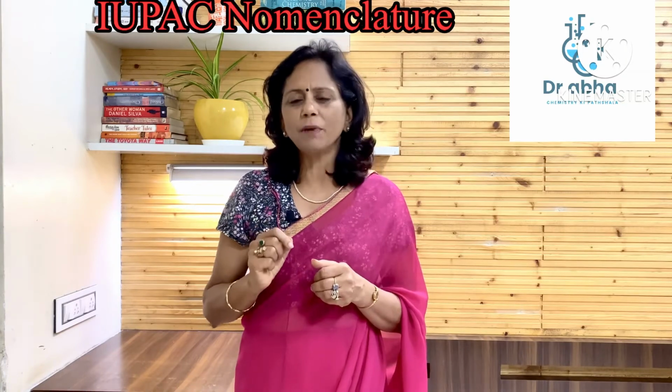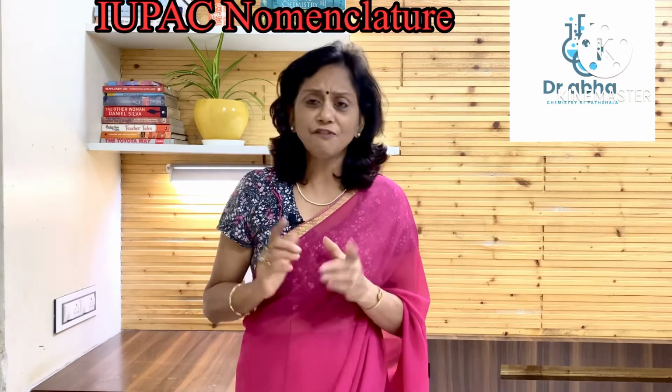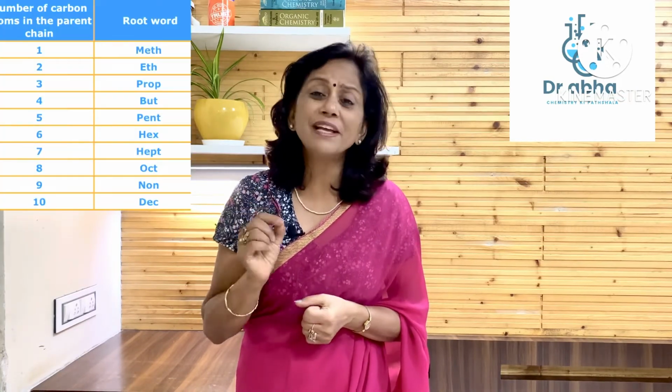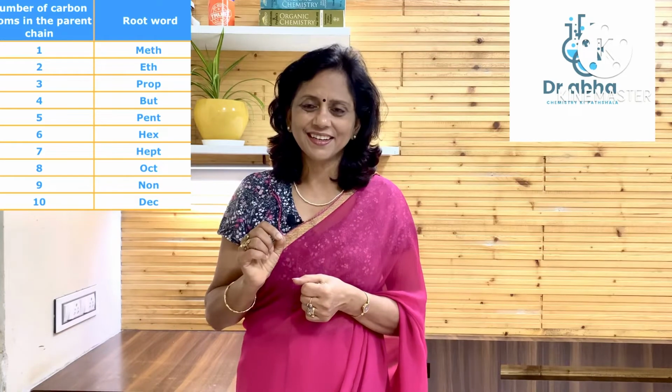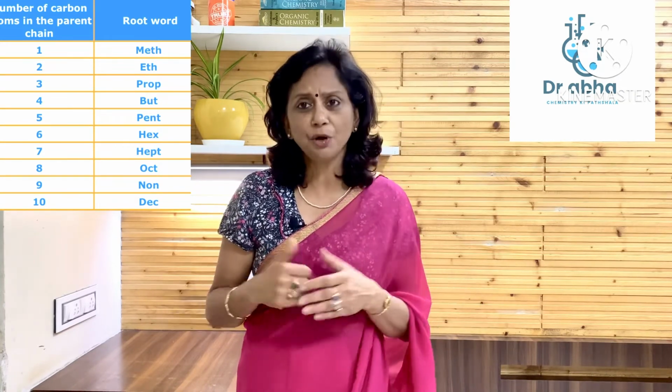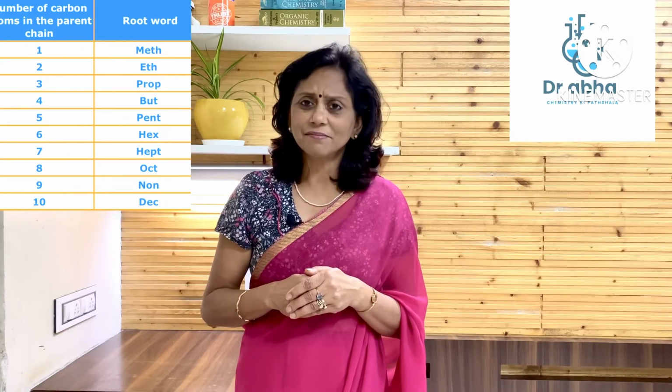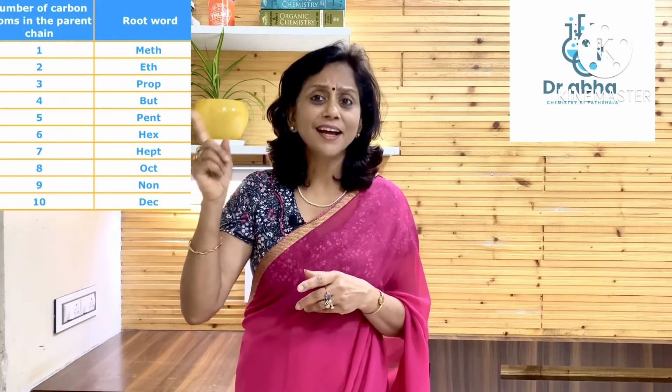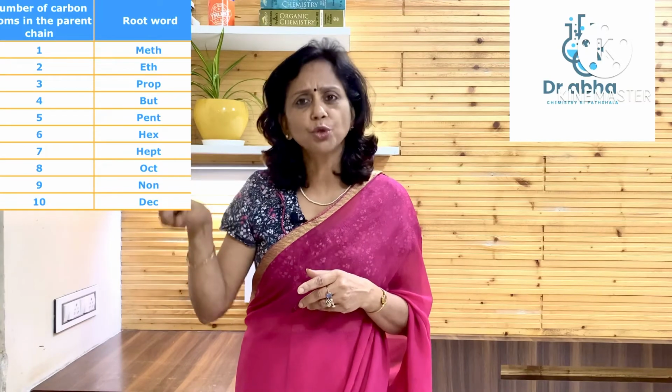For IUPAC nomenclature, you need three important things. First thing which you should go through is the word root, which is the basis of any nomenclature, which speaks about the number of carbon atoms, which you've already done in your previous class, class 10. 1 carbon, meth, eth, prop, but. Just go through this entire series which is given in your NCERT. This is your word root. This is the base of every nomenclature.